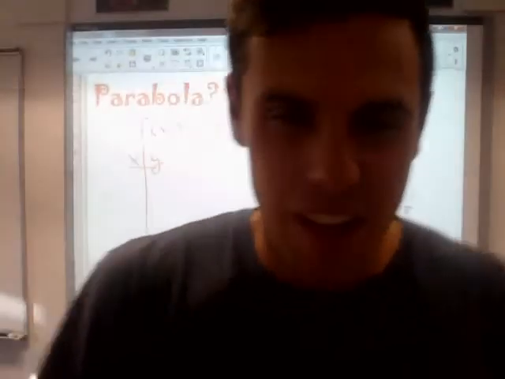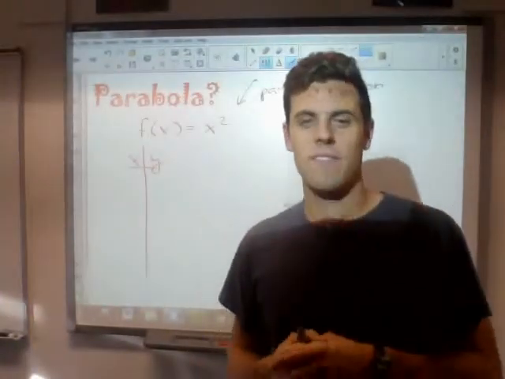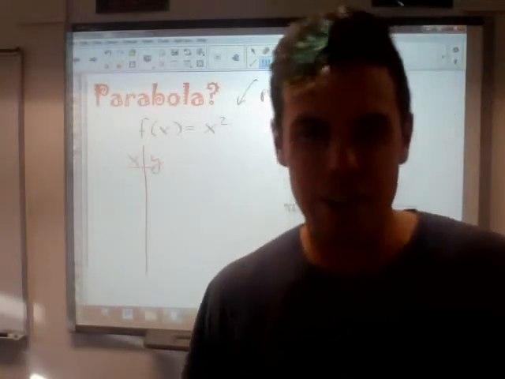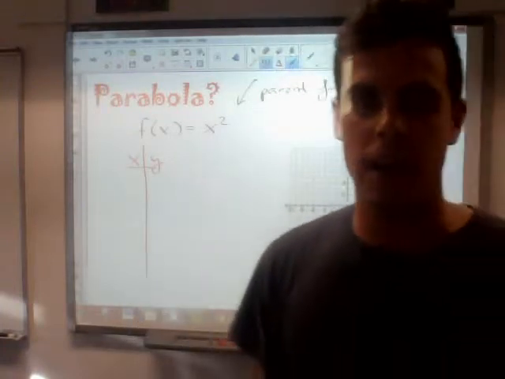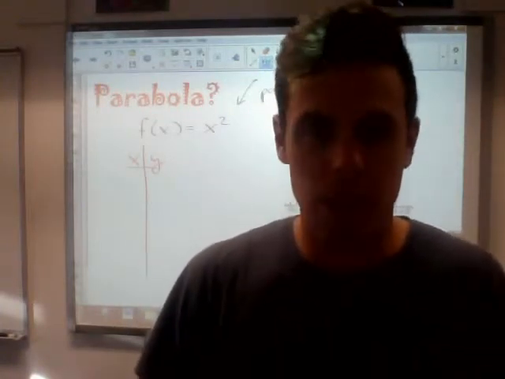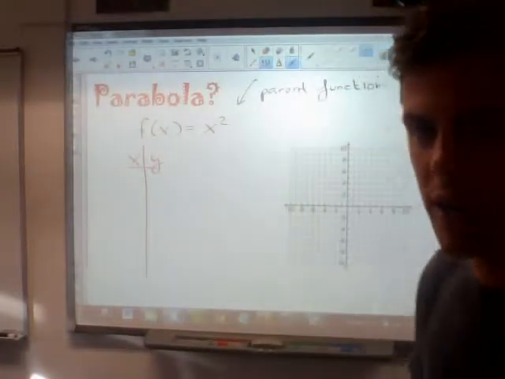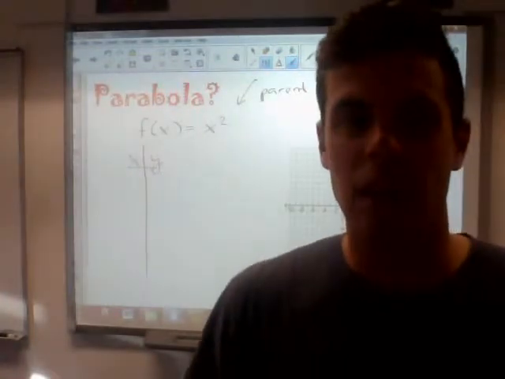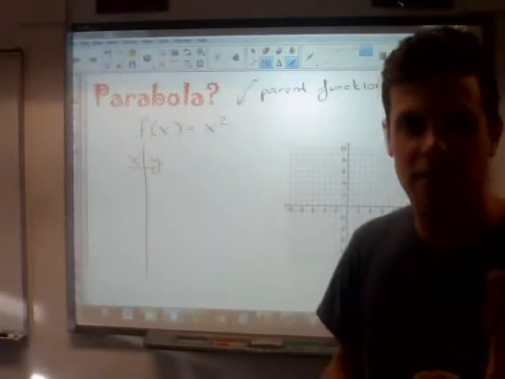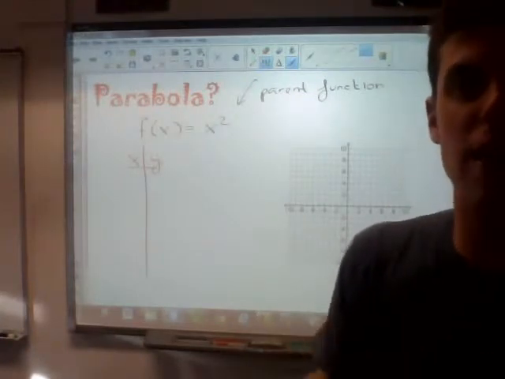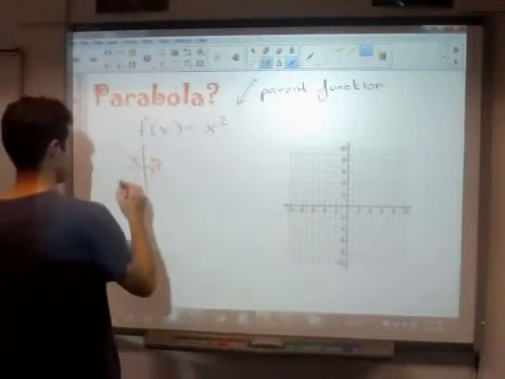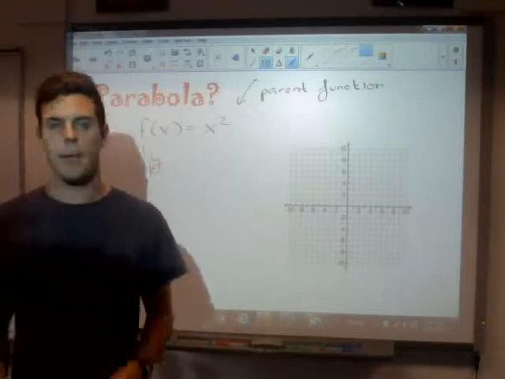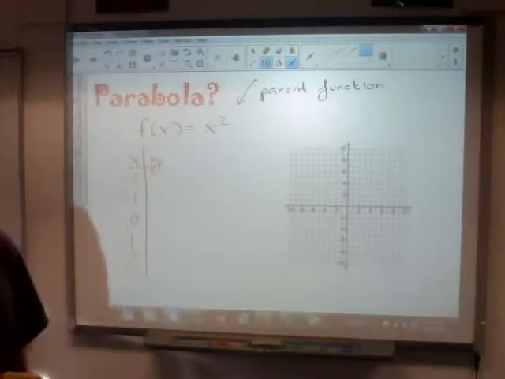All right, so traits of the y equals x squared function, what are they? What are some characteristics of the y equals x squared function? Let's get an idea of what it even looks like in the first place. How do we get an idea of what y equals x squared looks like? Let's pick some points. Let's plug it in. Let's check what comes out. All right, so I like my 5 x values. I like to sit right around 0. I'm going to go with -2, -1, 0, 1, and 2.